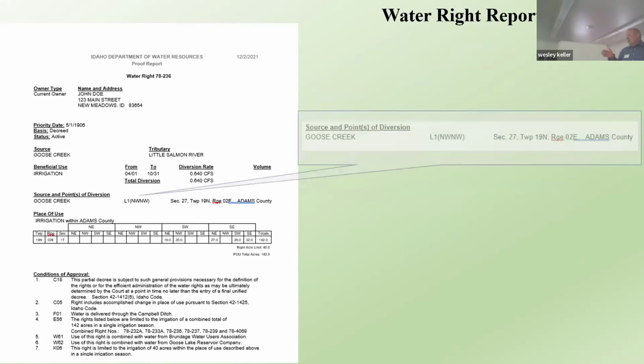We'll go to the next one. Next is our point of diversion. So this is the actual place, the point that this water right is authorized to divert from the natural stream course. Points of diversion and place of use are described down to a 40 acre quarter using the public land survey system. So they don't necessarily describe on the face of the water right exactly where that point is, but